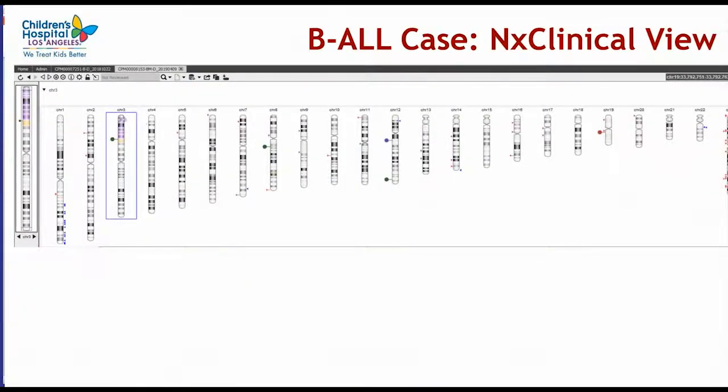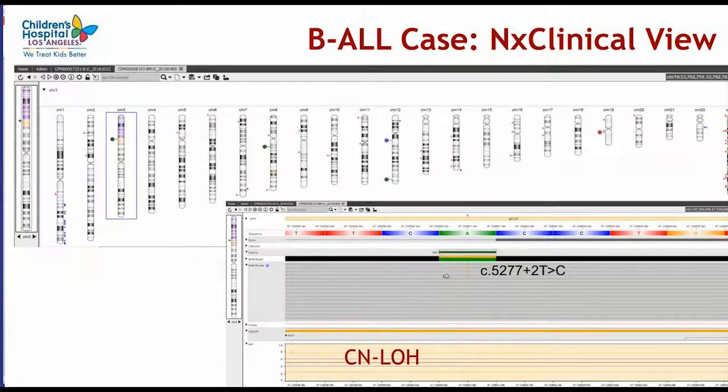However, if you review the data as combined in NX clinical, where you can look at sequence variants and copy neutral LOH together, this region where you have two events in the same region becomes very obvious. And now when you zoom into this region, you see sequence variants that happen within the copy neutral LOH region. So now copy neutral LOH could be interpreted as most likely being related to the presence of this pathogenic mutation. And this is a second event that is probably leading to development of a subclone where you have complete